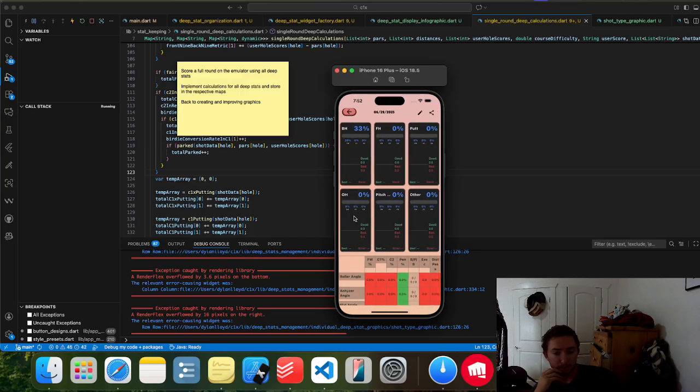These don't look good, but I kind of like the feel of just dense data. Kind of what we're going for with deep stats. But yeah,